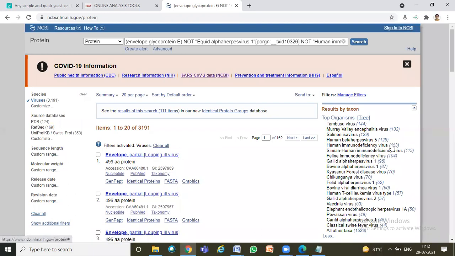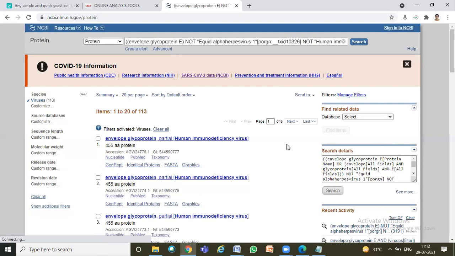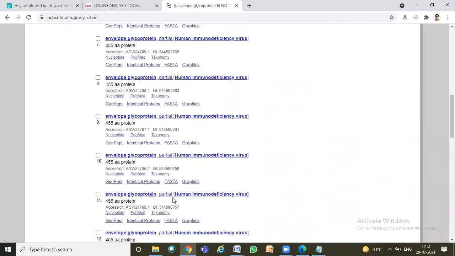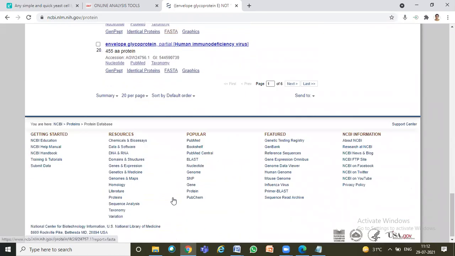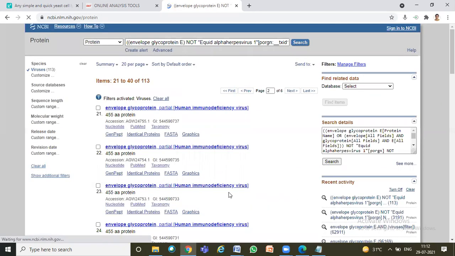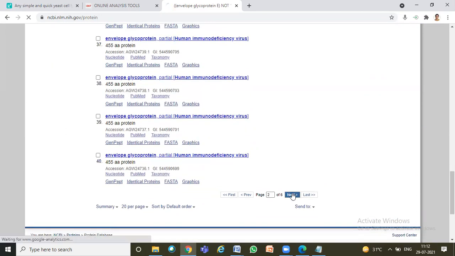Here there are some glycoproteins of HIV virus. Several partial sequences are there. You should not use partial sequences for any analysis. So always go to complete protein sequences.